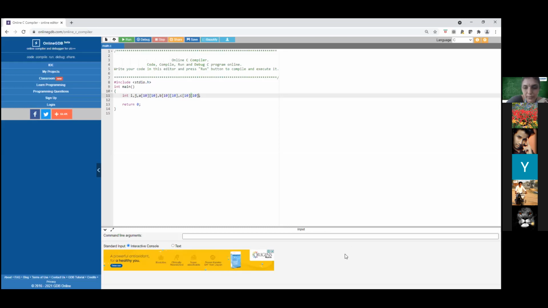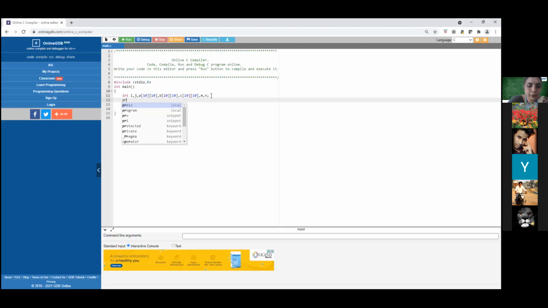Yes, I have got a message. Very good. I need to read the value of the rows and columns, right? So if I need to read the values of the rows and columns, I just need to declare the rows and columns, right? M comma n, I'll have it, right? So now the printf,